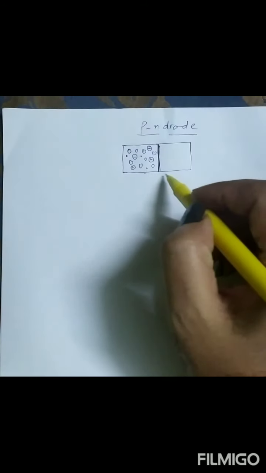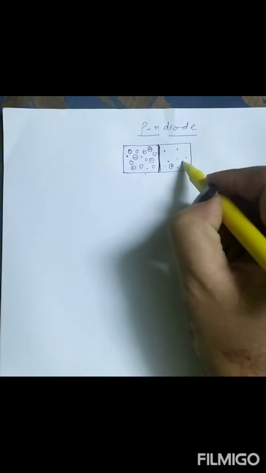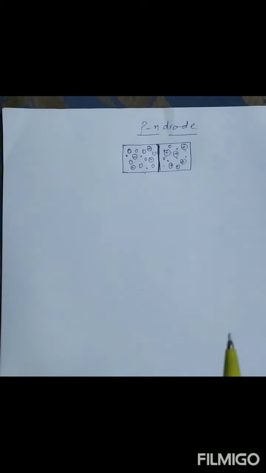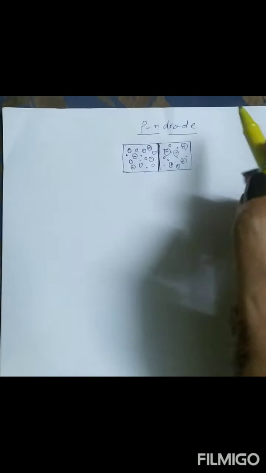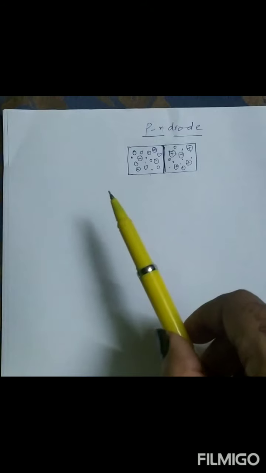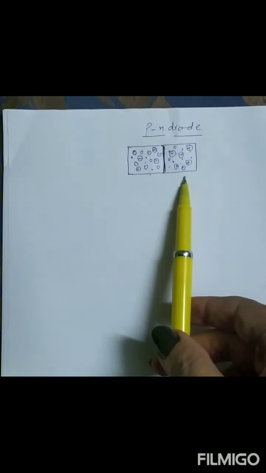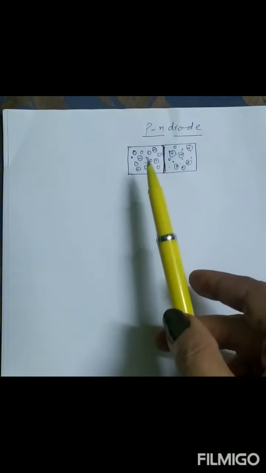semiconductor. Similarly, on the other side there is an N-type semiconductor, in which majority charge carriers are electrons. Along with electrons, there are positive ions called donor atoms, donor ions. And then there are a few holes also present in the N-type semiconductor, that is minority charge carriers. When a P-type and an N-type semiconductor are combined, we don't have to fix it with the help of Fevicol. There are certain methods. You will take a pure semiconductor and dope it with trivalent impurity from one side and pentavalent impurity from the other side, and the result becomes a PN diode.